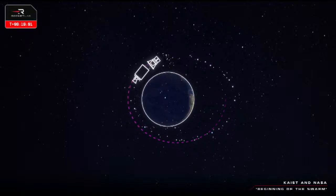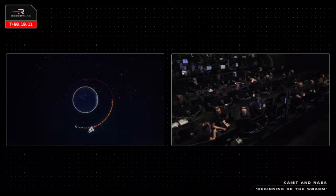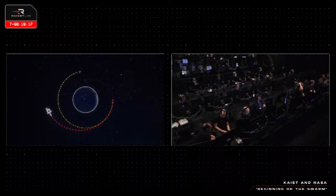Now, once it does, NEONSAT 1 will be deployed to begin its mission for KAIST, and that will be Phase 1 for the kick stage. Phase 2 will see it light up its engine again to perform an apogee raise to 1,000 kilometres, the target altitude for NASA's satellite. That apogee raise will bring the kick stage out of a circular orbit and back into